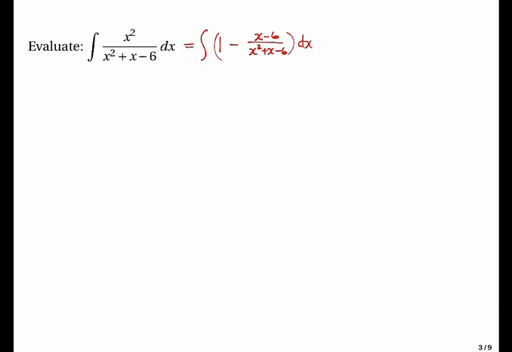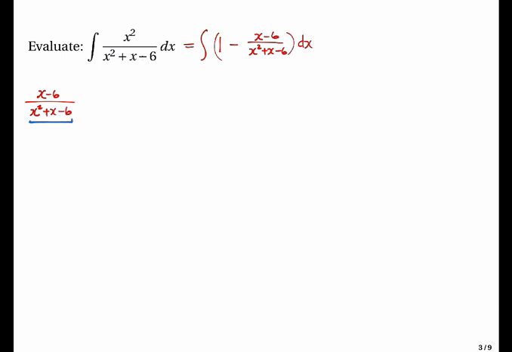Okay, so try to verify that this integral here is equal to this. Of course, if we integrate 1 dx, we can easily get the answer. As for (x - 6)/(x² + x - 6), we use integration by partial fractions. So here we have x - 6 divided by x² + x - 6, and you have to realize